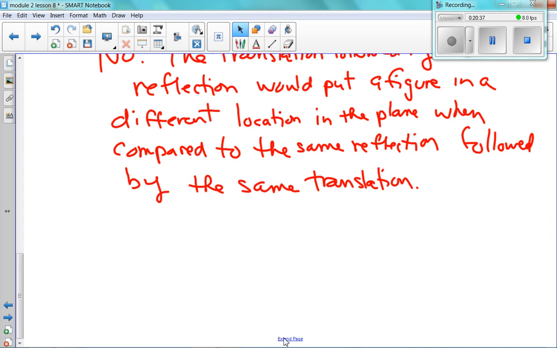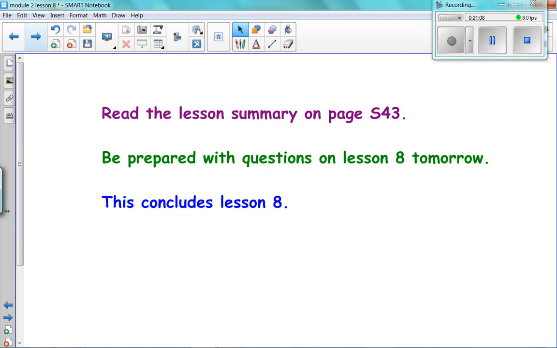So we know that we can do a sequence of rigid motions. We have notation now related to the sequence of rigid motions, the A prime, the A double prime, A triple prime, we're going to do 3 of them. We know that a reflection is its own inverse. You get that if you reflect on a line, you get that same line. We know that the order in which we sequence rigid motions does matter. Okay, this concludes lesson 8 and